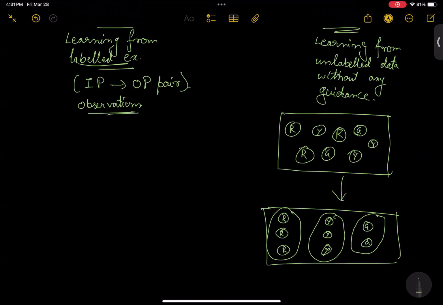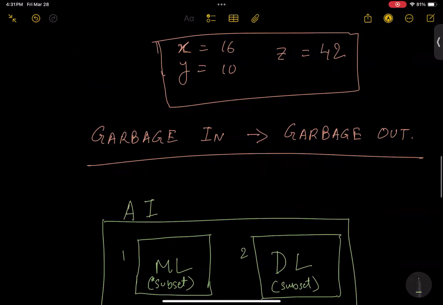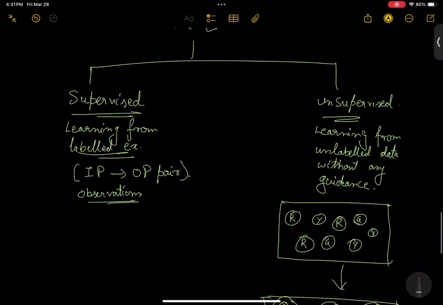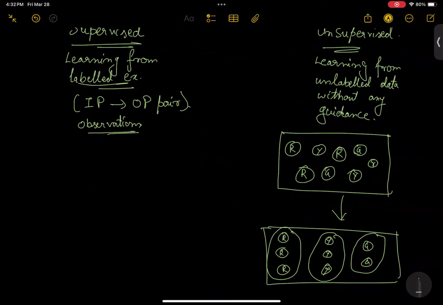But there is a big challenge to this. The big challenge is what? The big challenge is that the algorithm does not have a way to compare its output with a ground truth. In the supervised case, the challenge was simple: you could have identified the prediction by comparing the output with the ground truth, which is the output of the equation, correct? You could have compared it. But in this case, somebody who is colorblind will not understand the difference between all these things, but he is still a human.